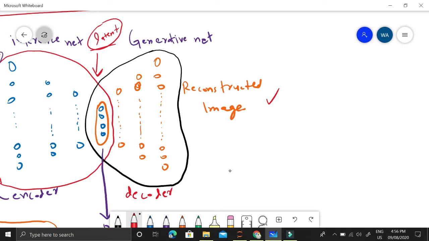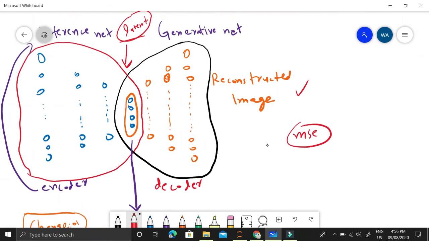In usual autoencoders, we are interested in reconstructing the image. For that reason we use the mean square error. However, we are not interested here in finding the reconstructed image. Instead, we are interested in finding the mean and variance. So for that reason, we will not be outputting the reconstructed image. Instead, we will be outputting the probabilities for each image class.